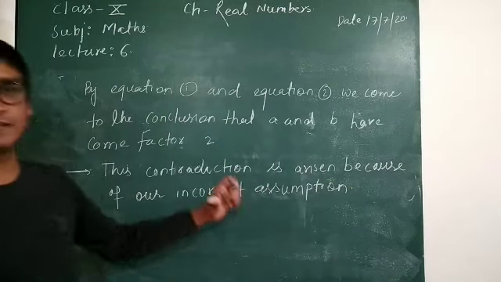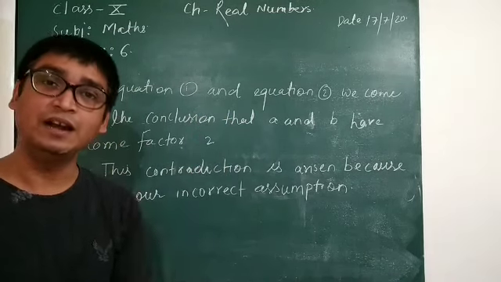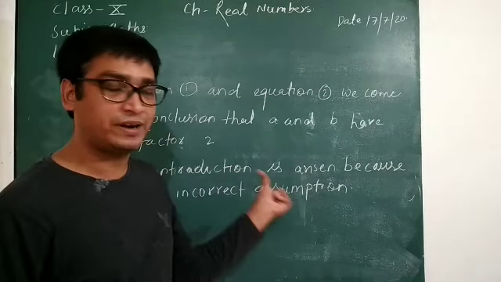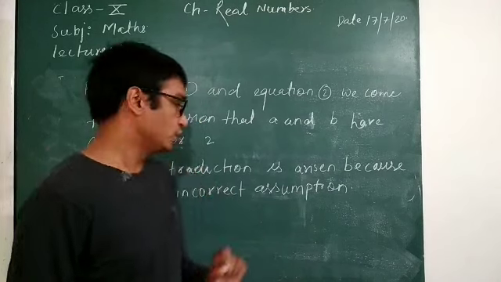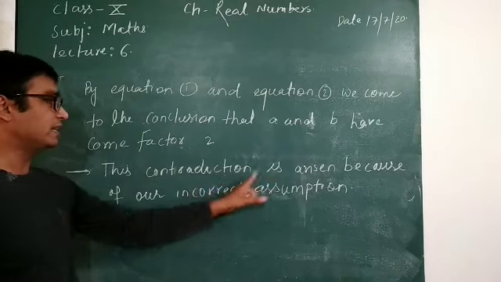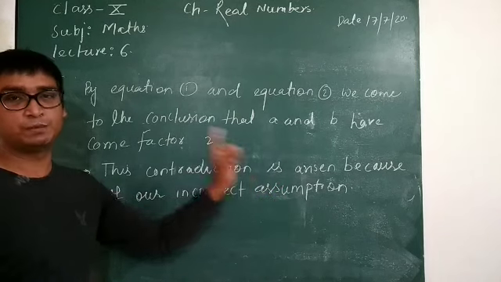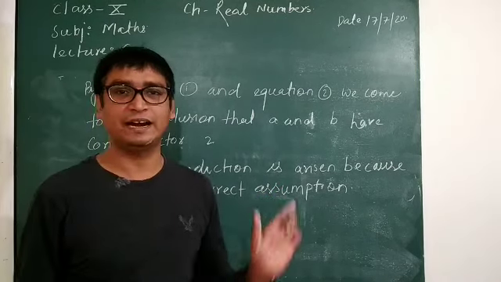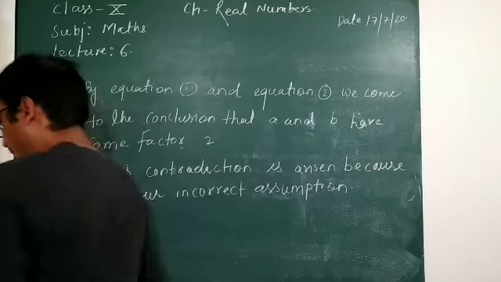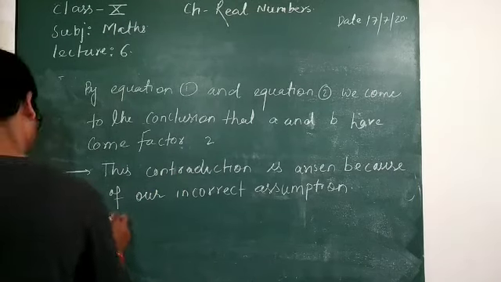Because we had considered at the top that root 2 is a rational number, which we had written in the form of p by q, this result, or contradiction, has arisen because of our incorrect assumption. We have considered it incorrectly that root 2 is a rational number. So from this we can say now, hence,